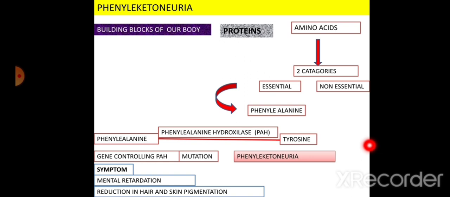If you observe the symptoms carefully, the gene responsible for synthesizing the enzyme PAH is not only doing the synthesis of that enzyme, it is also responsible for control over our mental health and over hair and skin color. So one gene is controlling the effect of many characters, thus phenylketonuria becomes an example of pleiotropy.